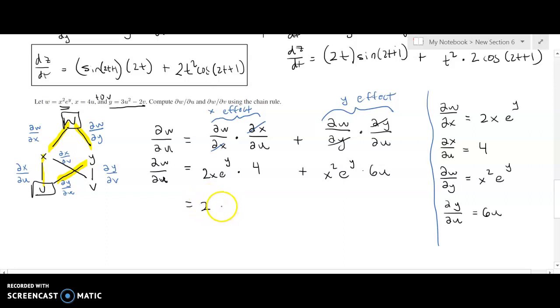So that's going to be 2 times x, which is 4u, e to the y, where y is 3u squared minus 2v, times 4, plus now I'm going to replace x with 4u, so I'll have (4u) squared, e to the y. y is 3